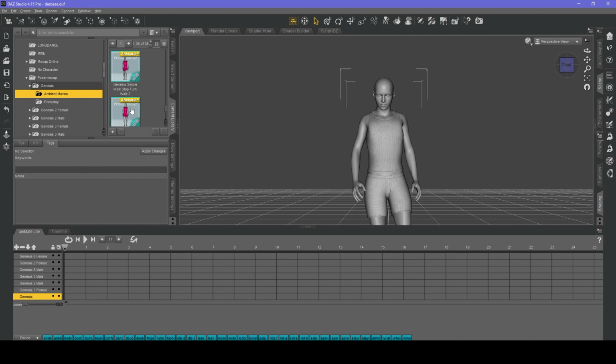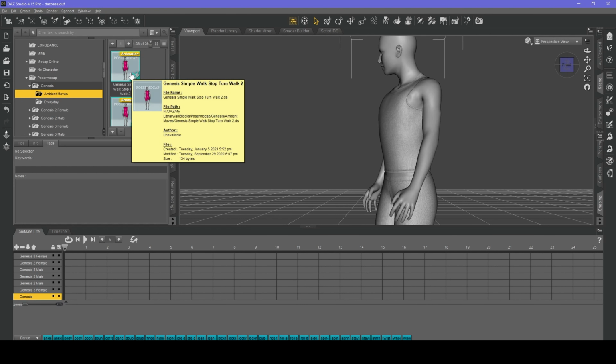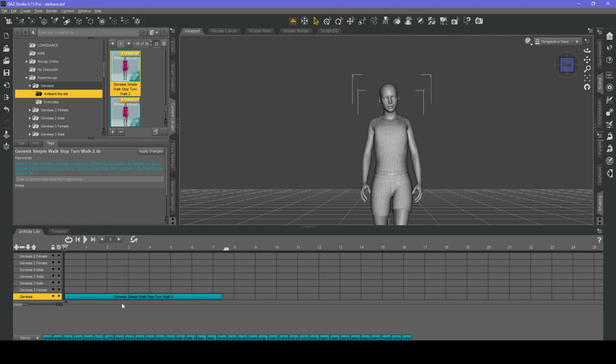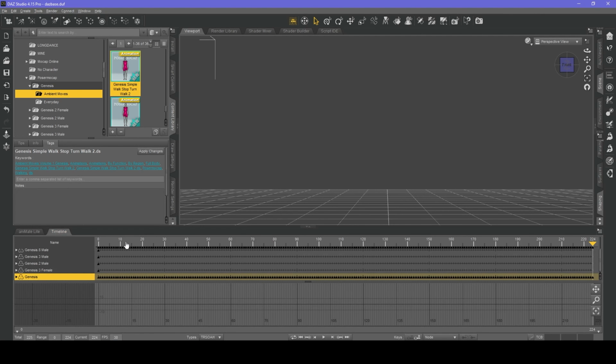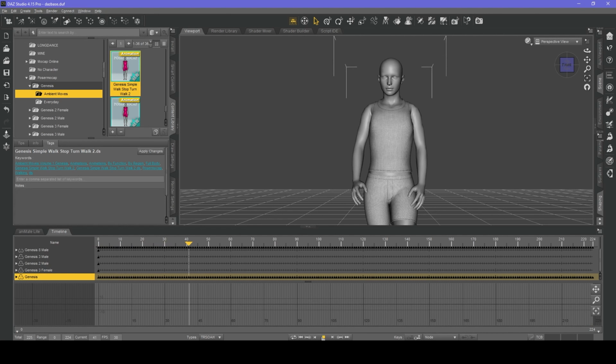So what we're going to do is choose one. I don't know what that is at the moment. Let's have a look. Yes, we'll choose this one. And I want to drag that into Animate Lite to where it says Genesis here. And that's it. It's in there now. What I want to do now is right click here and bake to Studio keyframes. So we bake Studio keyframes. This will take a moment. Right, that's it. And then we click on timeline, and now as you can see we have keyframes and our animation.